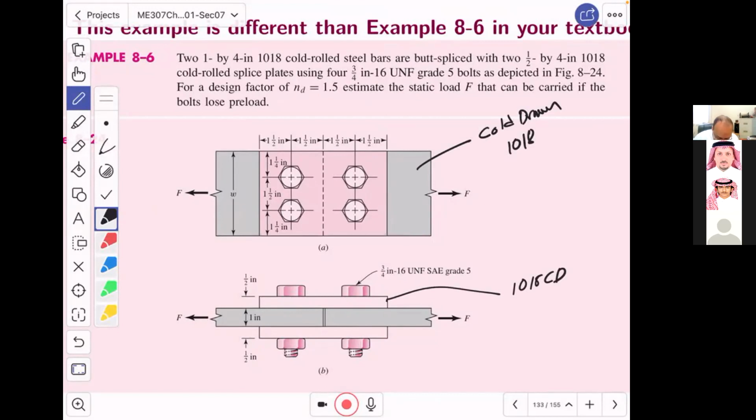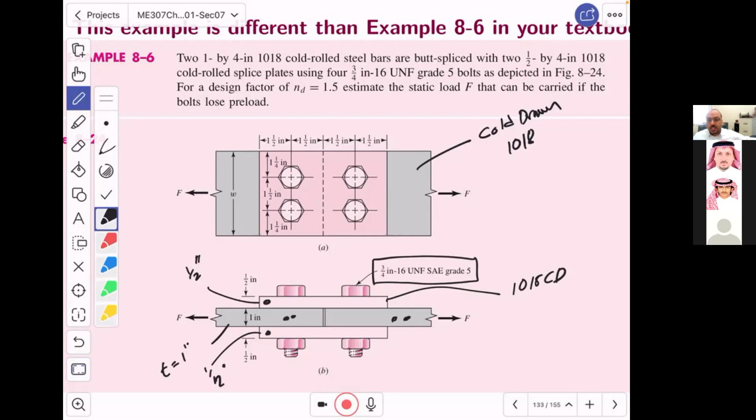This one is one plate, and this one, where I put the two dots, they are two different plates. This plate has a thickness of 1 inch, while this one and this one, each has a thickness of 1/2 inch. What we know is that the bolt used over here